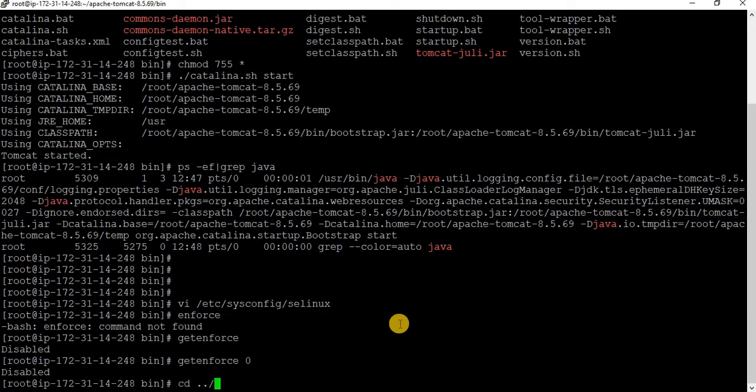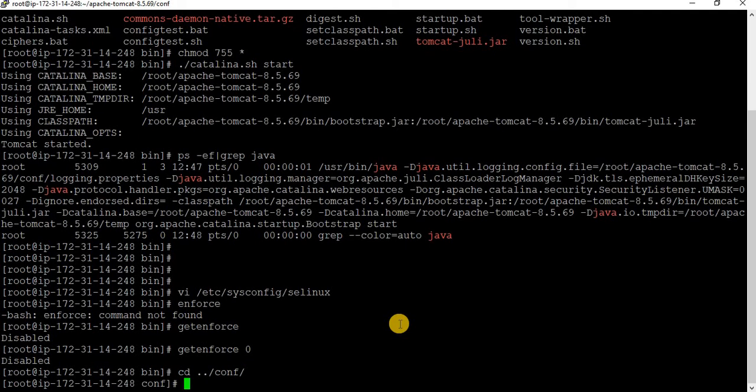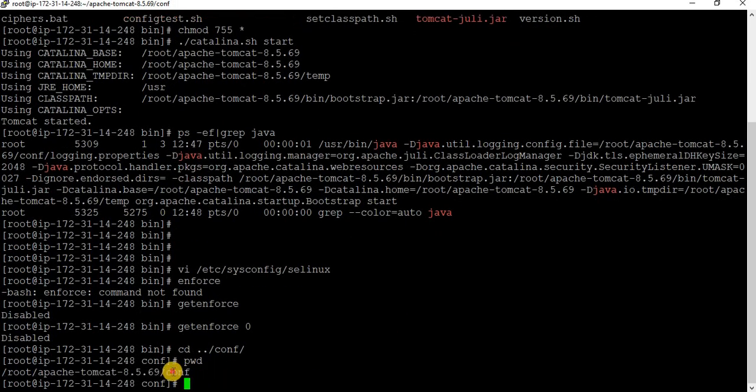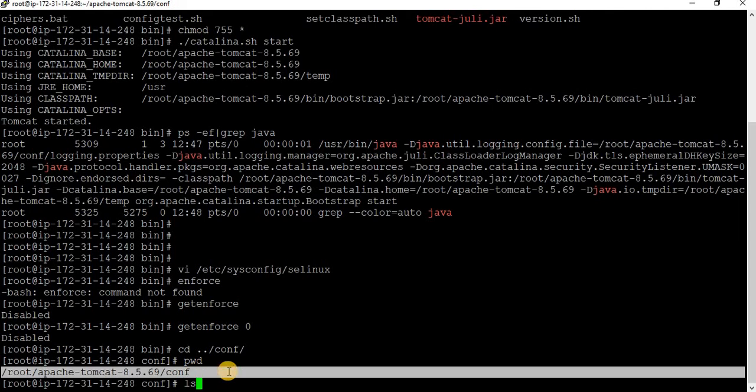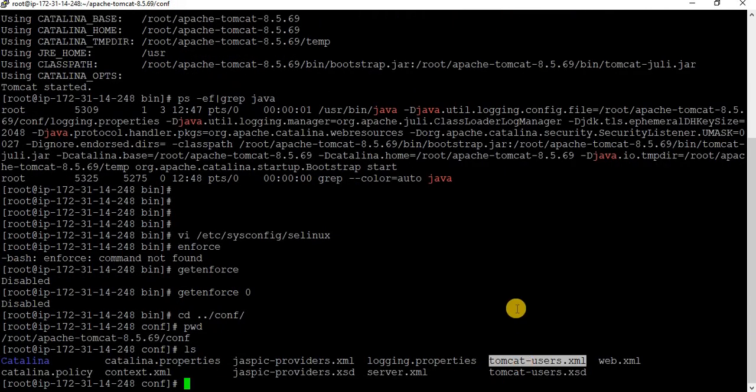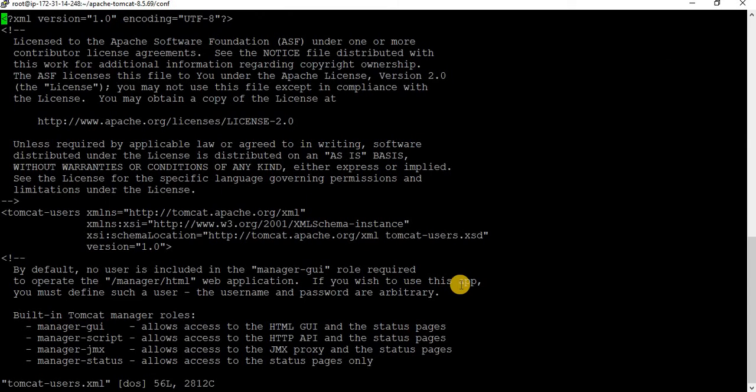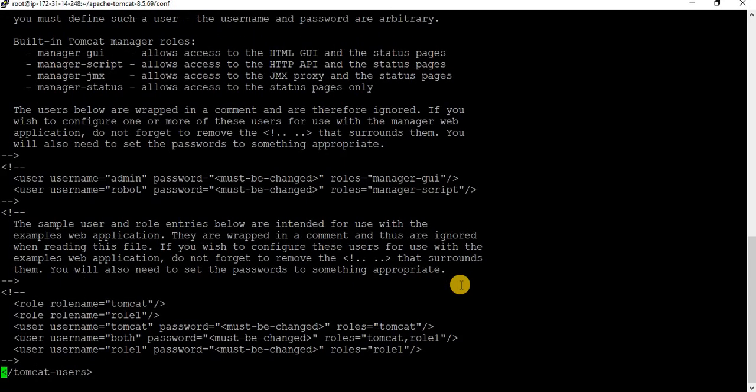You have to configure a username and password for this. This is the location, and this is the file tomcat-users.xml. Give shift G, you will come to the end of the page, give I so you can insert.